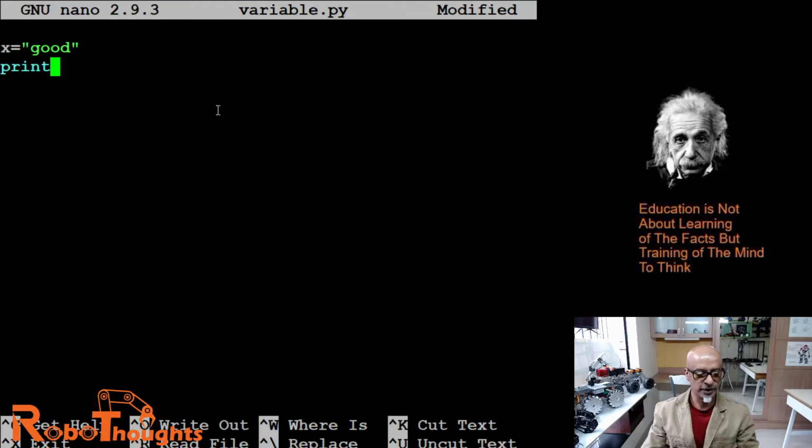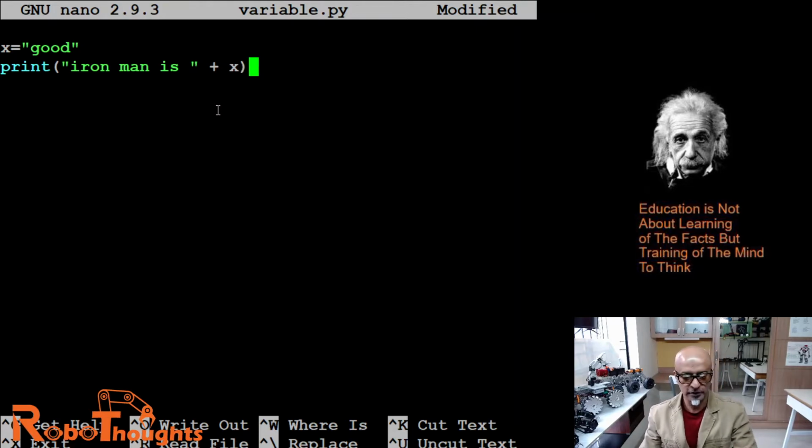Now let's print, say, "Iron Man is", and now plus, I am adding another one, x. Can you see this, guys? Can you see what I am trying to do? I hope you understand this.